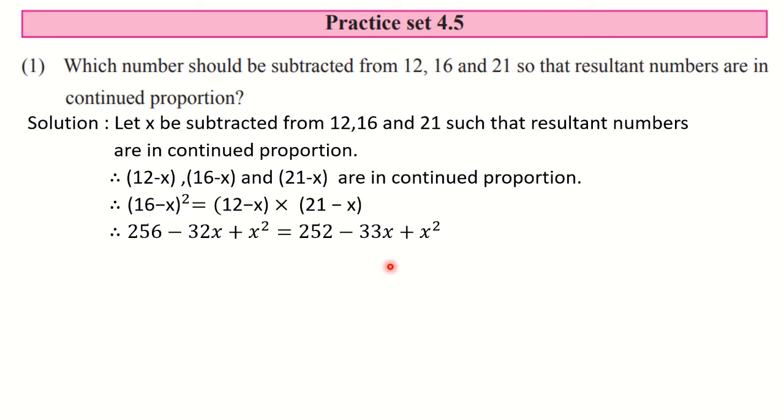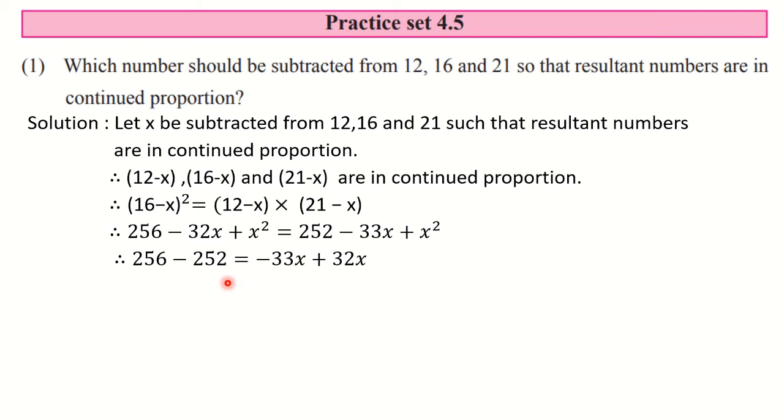We have done expansion on both the sides. Now see, here plus x square and here also plus x square. So they will eliminate each other. They will cancel each other. So the next step is we will equate the terms. Like terms we will take on either side. So what I am doing is this 252 I am taking to LHS. At the same time minus 32 I am taking to RHS. So what I will get?